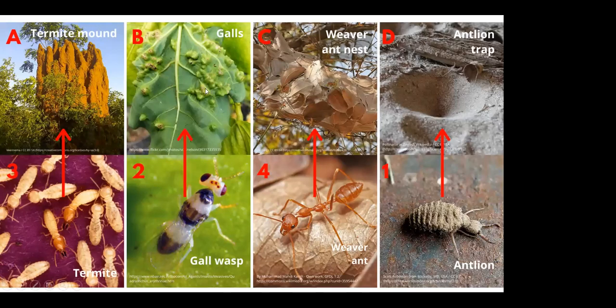B, the option B might be a very interesting thing that you've seen in your gardens. These are called galls. They're little mounds made by wasps in leaves. And the wasp makes this mound and lays her eggs in it. And again, these wasps are very, very tiny. So you'll have to look very carefully to see them. And once she lays her eggs and the wasps mature, they hatch out and fly off.